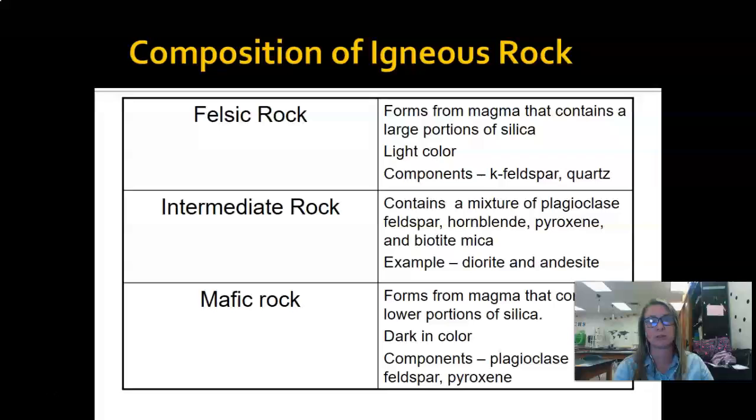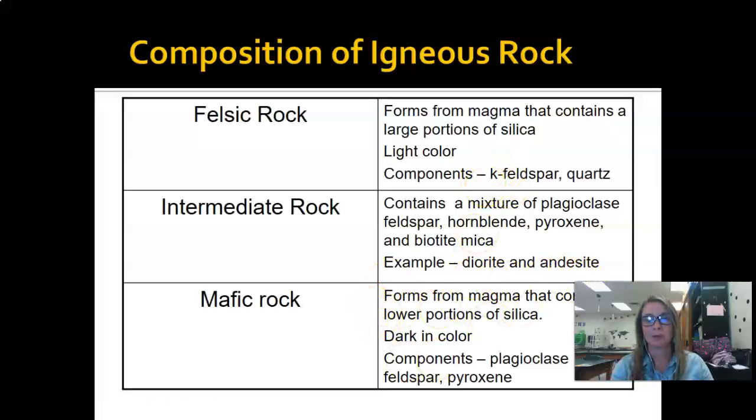And remember, silica is probably the most common element in the Earth's crust. And so these are going to be very light colored, and we're going to start looking at the composition of these. I always think of them as almost like whites and pinks, maybe even some purples in there. So it contains a lot of potassium feldspar. I wrote K feldspar here, but K stands for